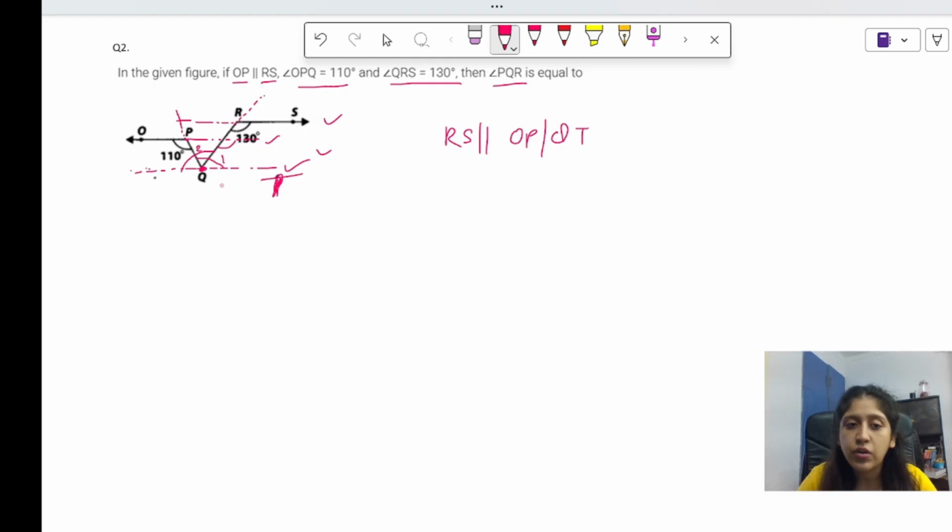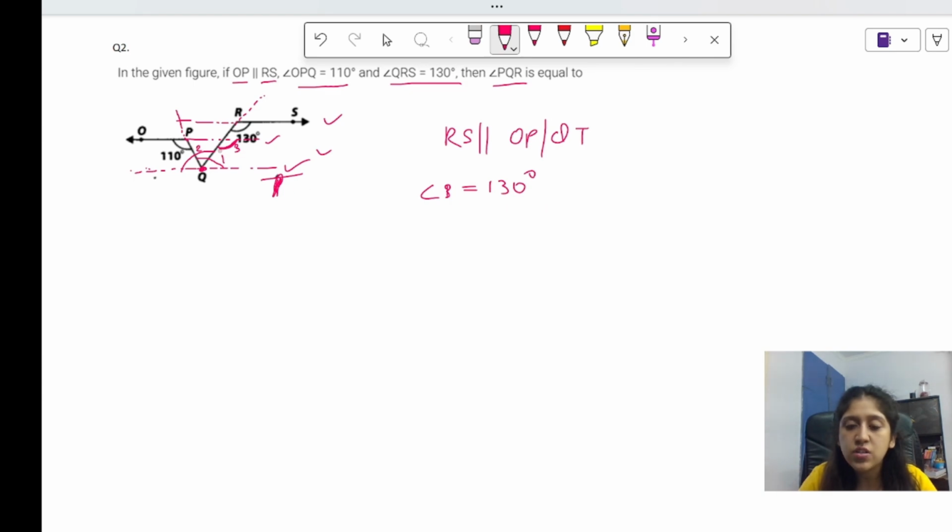Now if we see it very carefully, this is 130 degree. SRQ angle is 130 degree. Yes. So reading the corresponding angle property, the angle, let's say angle 3. Okay, angle 3. Can you see angle 3? Angle 3 is this angle. I hope the angle is clear. So angle 3 is equal to 130 degree. Yes. So let me just write it out. Angle 3 is 130 degree. Okay. So my angle 3 I found out.